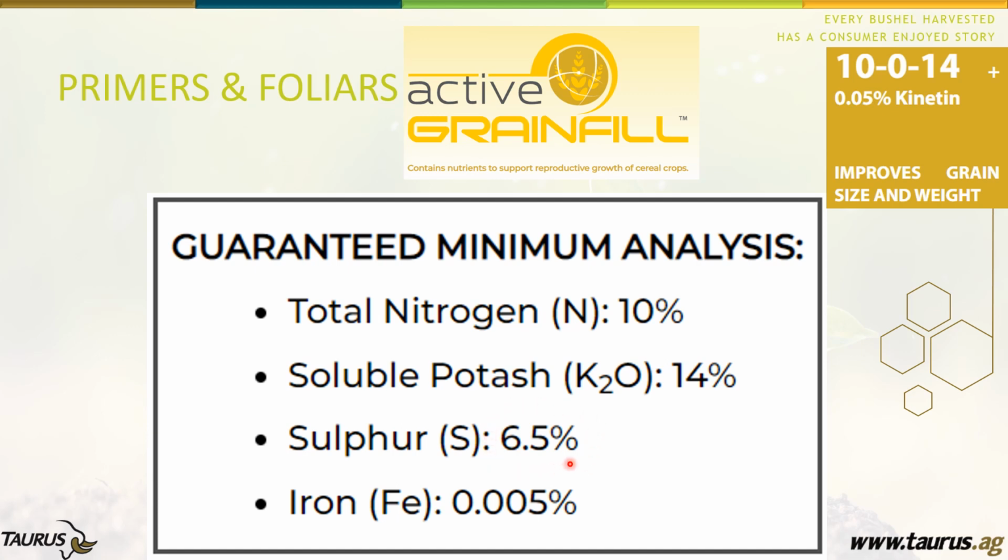So if you don't have a good balance of sulfur with nitrogen, you don't get a good supply of actually amino acids which build the protein. And iron is always involved with sulfur in terms of molecular bonding with sulfur molecules. The other thing that's in there are some other amino acids and vitamins, but a cytokinin, an artificial cytokinin called keratin, is also included in this in order to expand cells and slowly reduce the senescence period of